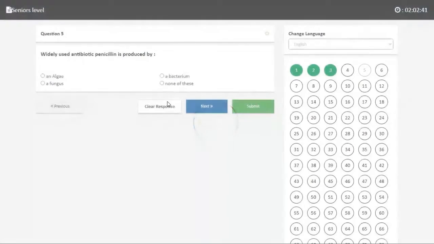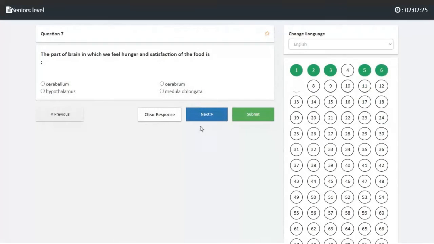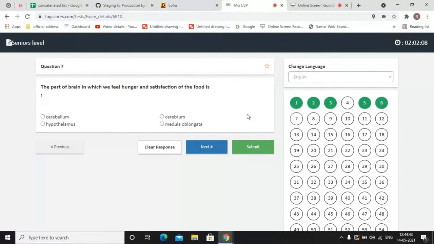Okay, so this pop-up will be shown when your internet is unstable. Don't worry, just click on OK and it will be refreshed automatically. If you want to submit your whole test, only then click on submit. But if you are pressing control keys, enter keys, or trying to inspect the element, you will be logged out like this.